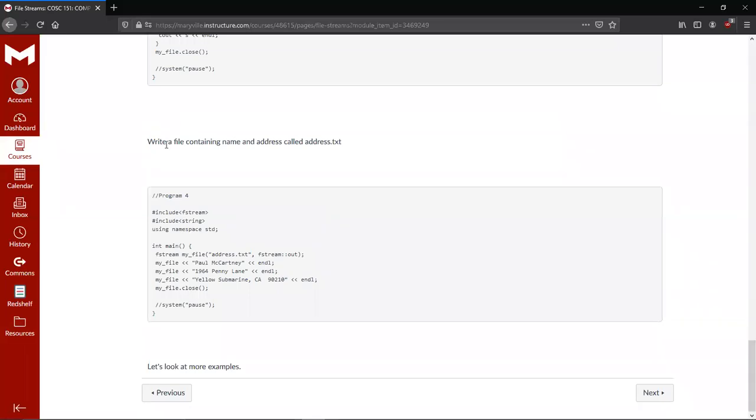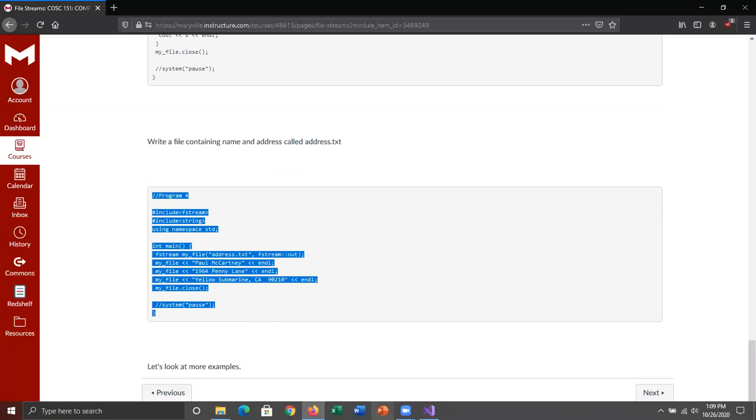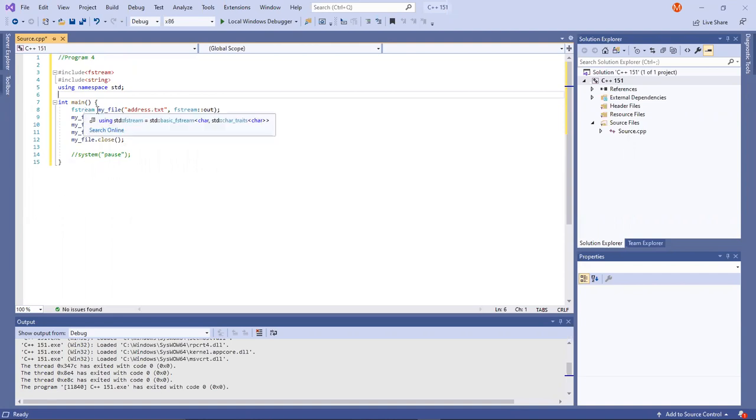So then what we're going to do, we're going to write a file containing a name and address. We're going to call it address.txt. So here's just a slightly different example of something that you could do with file streams. So we're going to include fstream, we're going to include string, we're going to use the namespace, we're going to do fstream my file, we're going to call it address.txt, and we're going to do fstream out again. So we're going to output a new file, and then we're going to write a bunch of text